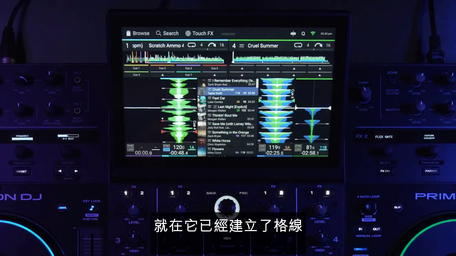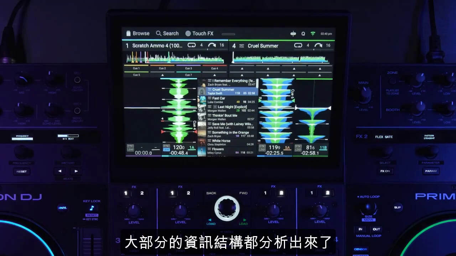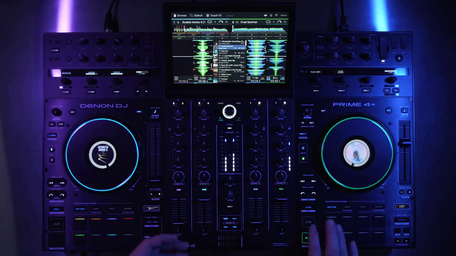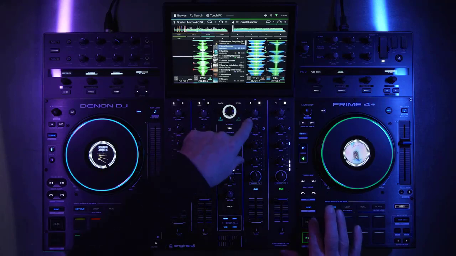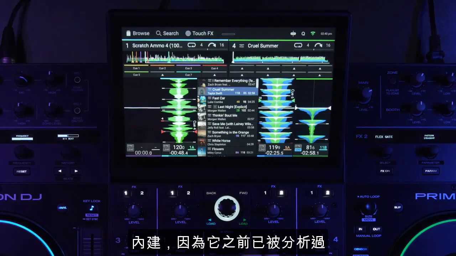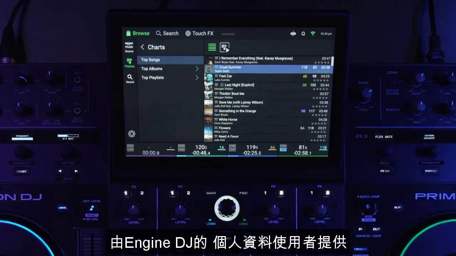And see, the overview is already built, comes right in, it's got the beat grid already built. So that's already got the beat grids and everything built in because it had been scanned previously by an Engine DJ